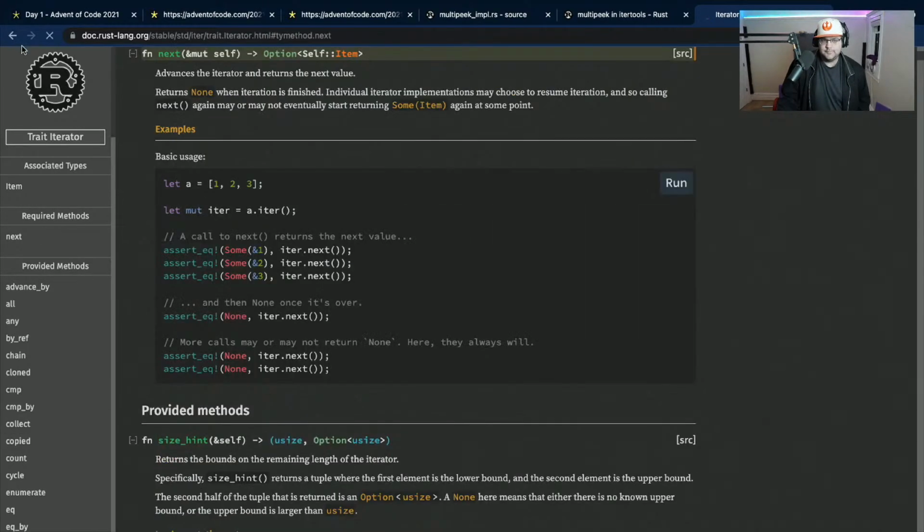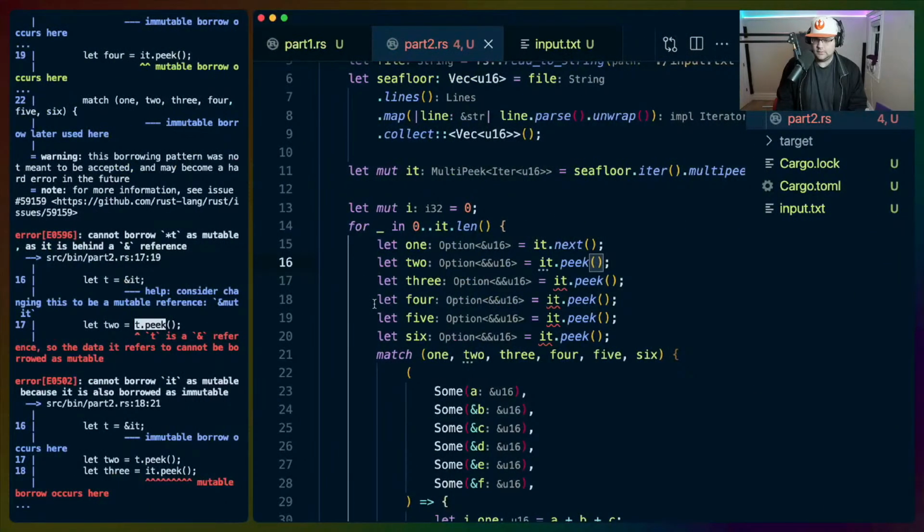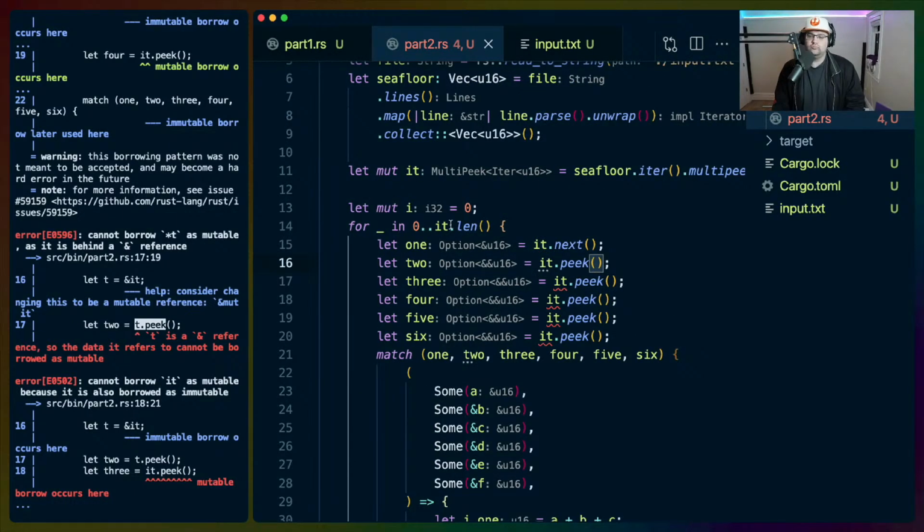Okay. Oops. I mean, we can do this. I know we can do this. What did I mess up? I wrote something and then I forgot I wrote it, is what happened here. Okay. The iterator does not advance even if we peek multiple times. This should be valid. Maybe it's because we're moving into a for loop.